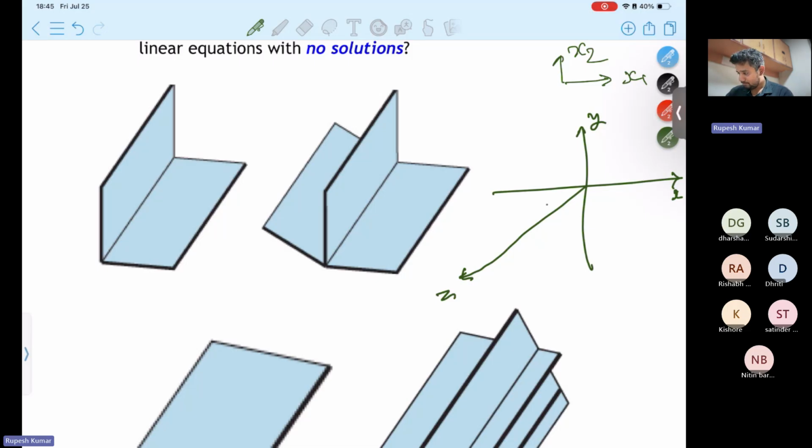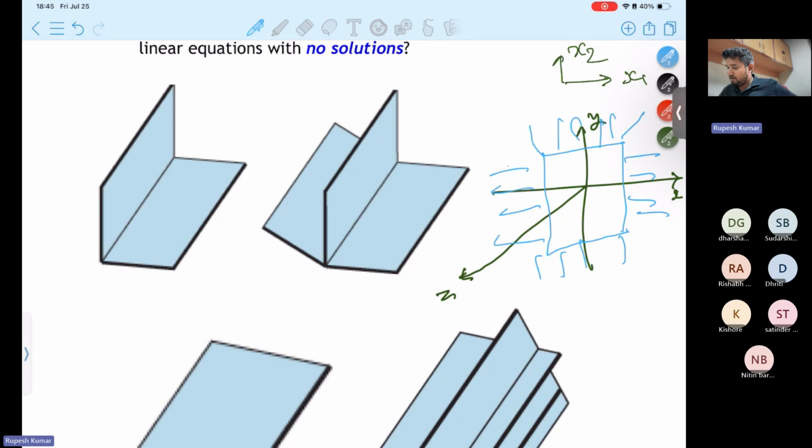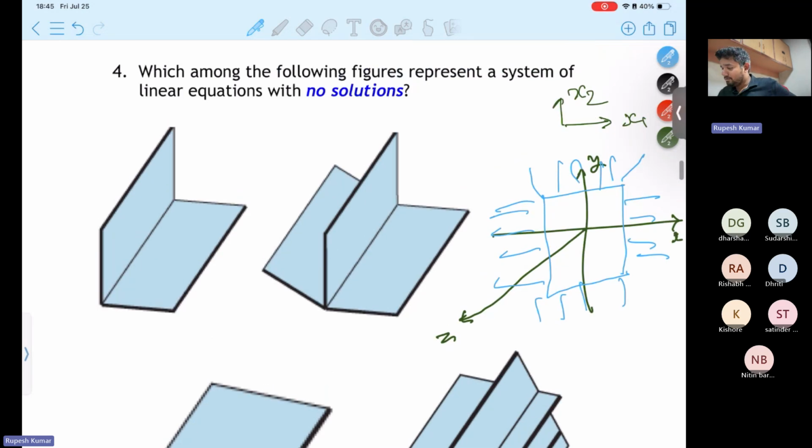A linear plane. So let's say the plane passes through the origin, and the simplest example would be the xy plane, right? The xy plane essentially looks like this rectangular slab that lies in the xy plane, and it extends to infinity, right? It extends to infinity. So this is an example of a linear plane in 3D space, right?